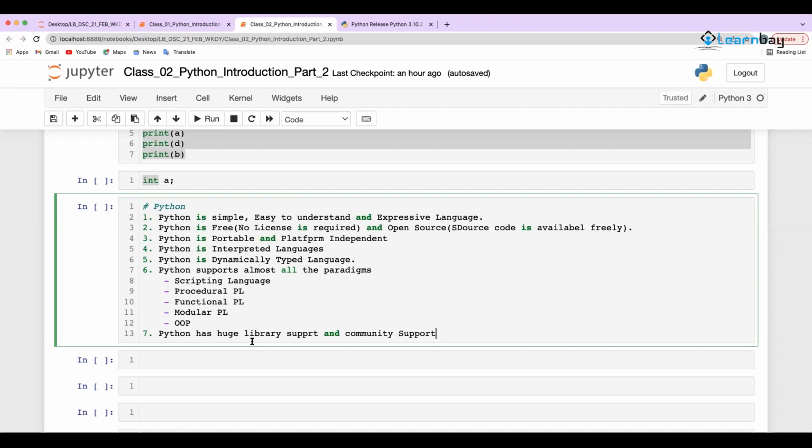Like if you take C, probably 5 years, 10 years will go in developing those codes and packages and frameworks for developing one algorithm or creating one model. Whereas in Python, all those packages, modules and libraries are available. You just import it and use it. The only thing you need to know is which package is used in which case, and in that package, what methods and what